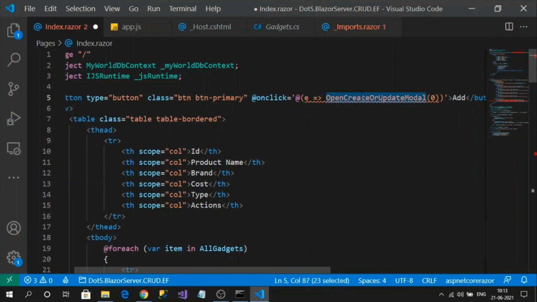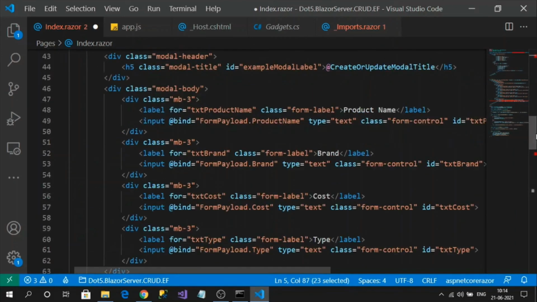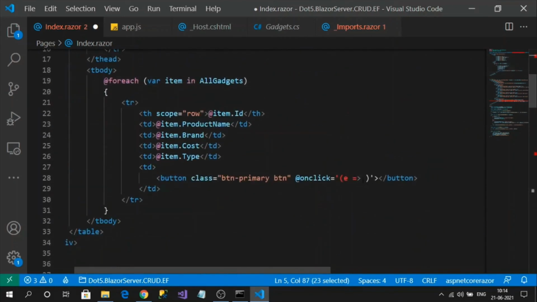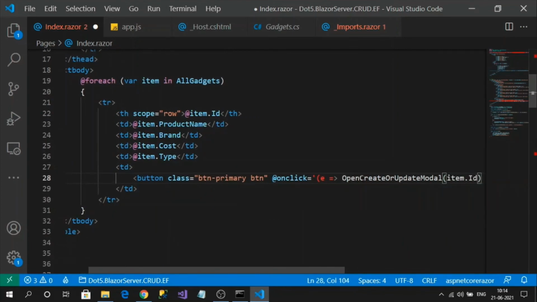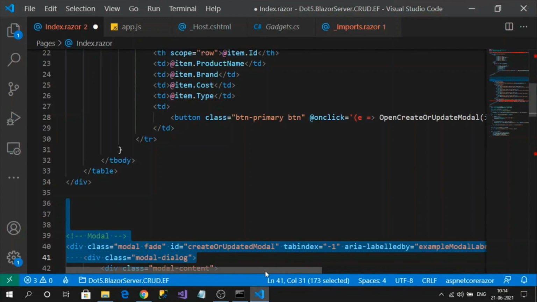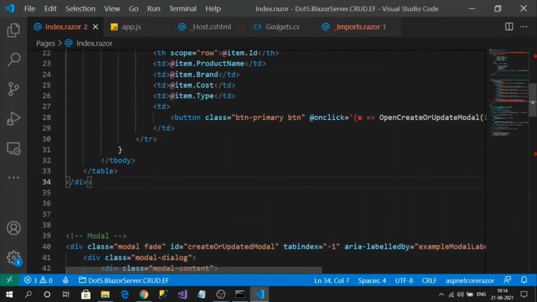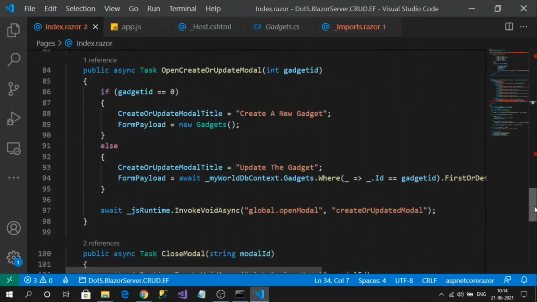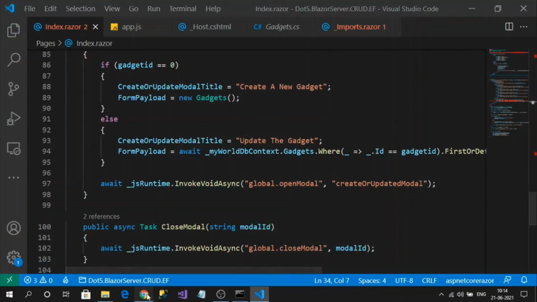So edit, and I can pass the item dot ID. I think I am good. So this will populate and open my pop-up with the form data. Okay, let's see that.